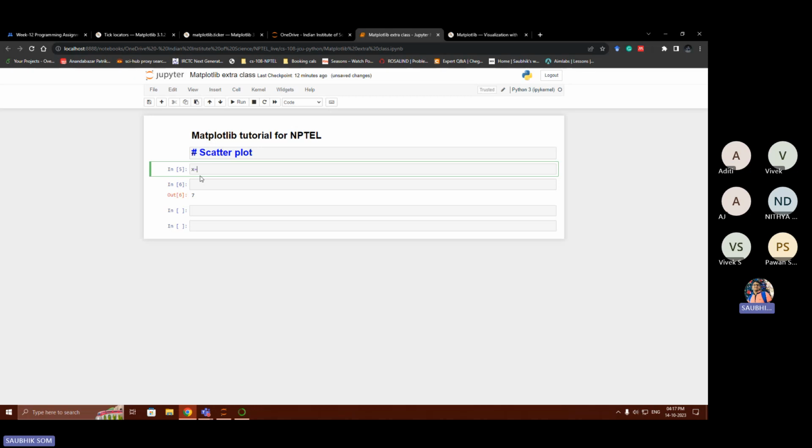It could be a NumPy array. It could be a simple list. It could be a pandas data set. It could be a tuple. Okay, and so